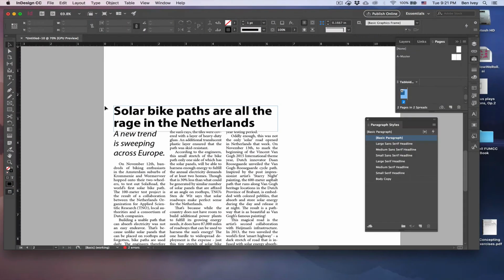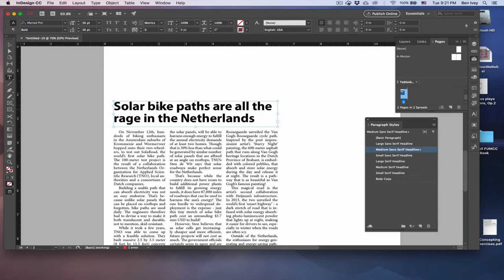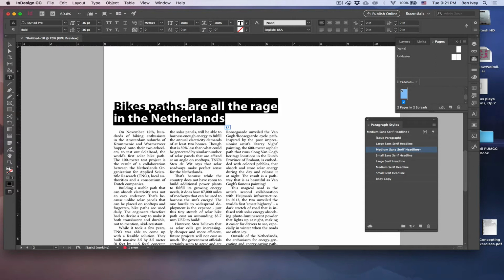Let's do a slammer next. A slammer allows you to take just 2 or maybe 3 solid words and give it a colon and then lead out with more information after this. So let's say we'll do solar bike paths are all the rage in the Netherlands. Let's do bike paths as our 2 different words. Bike paths will be nice and bold, and then after this, to make a slammer style, bike paths,